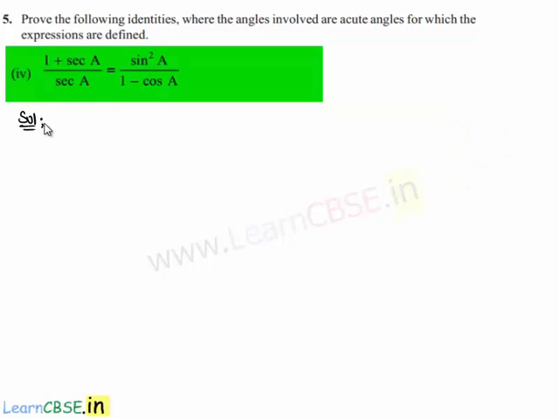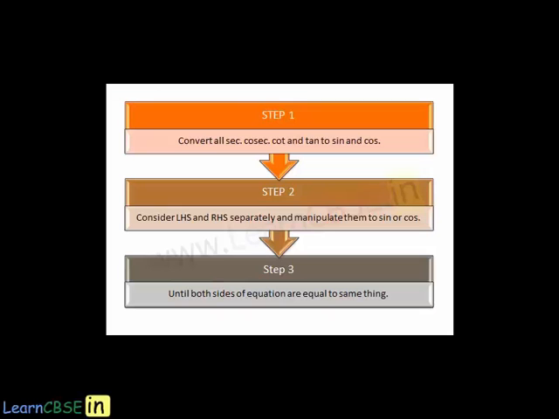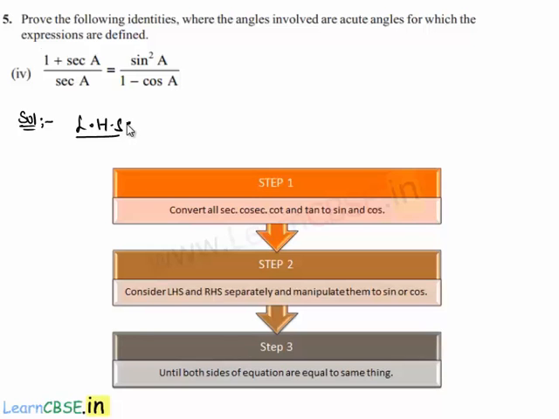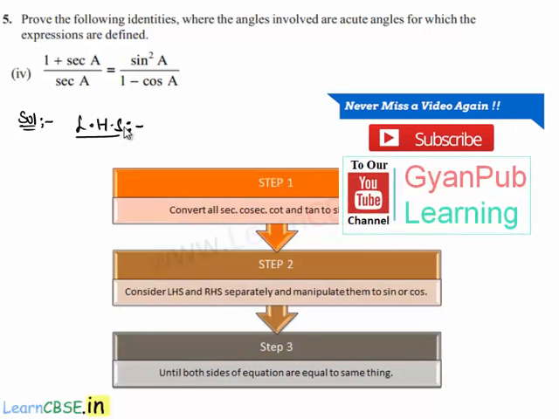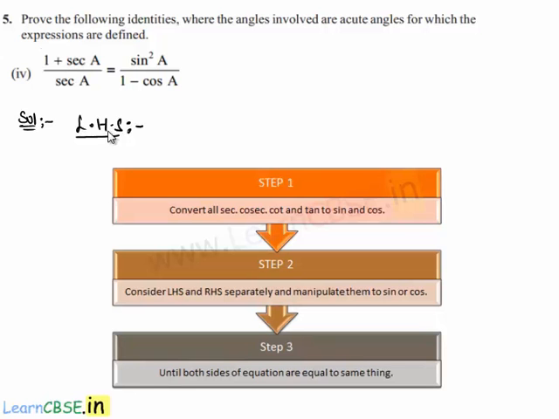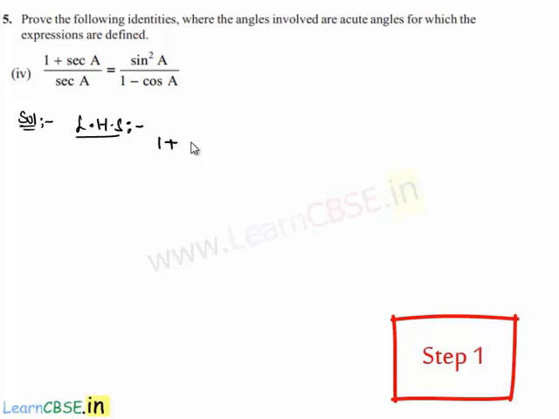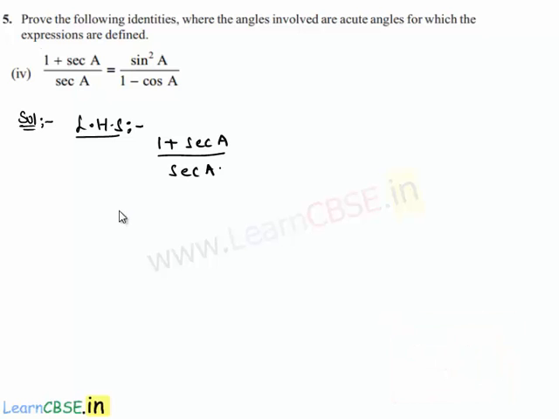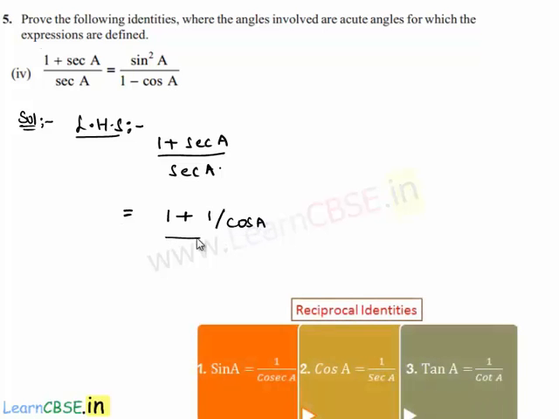As he asked us to prove the equality, let us consider the left hand side and simplify it, then the right hand side and simplify it. If they are equal, then the equality is right. So in the left hand side, the given expression is 1 plus secant A whole divided by secant A. That will be equal to 1 plus secant A, which can be written as 1 by cos A, whole divided by secant A, which here also can be written as 1 by cos A,